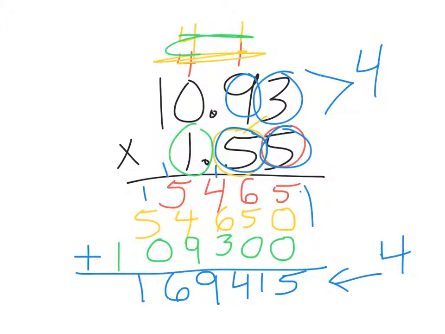So all we do is we count in from the end. So there's 1, 2, 3, 4, and that means the decimal is going to go just in front of that number, making this answer 16.9415. And again, don't forget, use your calculator to double check that answer,